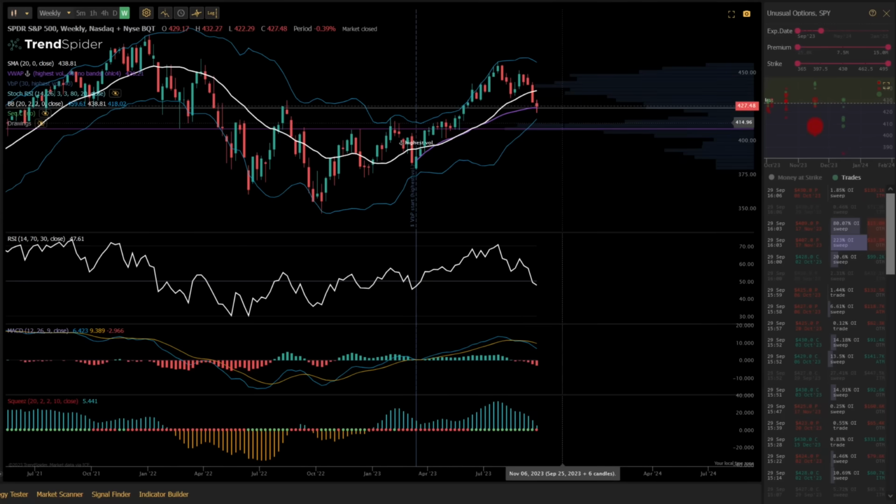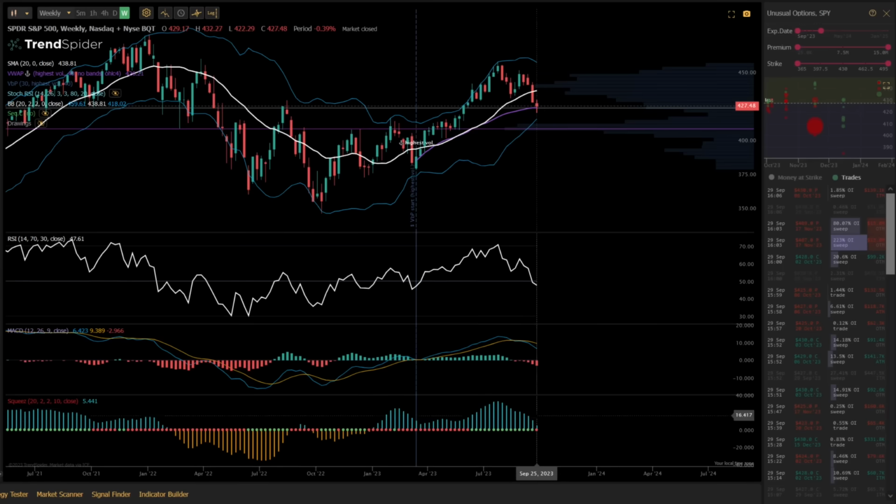So it is looking more and more likely that we could break down, but that is going to require SPY to lose that support, which I just went over. So on a break of that support, that is going to be a bearish indication that we're going to lower prices. And the next likelihood would be that lower Bollinger Band and that volume shelf right around 414 to 416. So pay attention to the indicators because they are showing a lot more downward momentum, but we are sitting at support, so we need to bounce immediately or the bears are going to take over